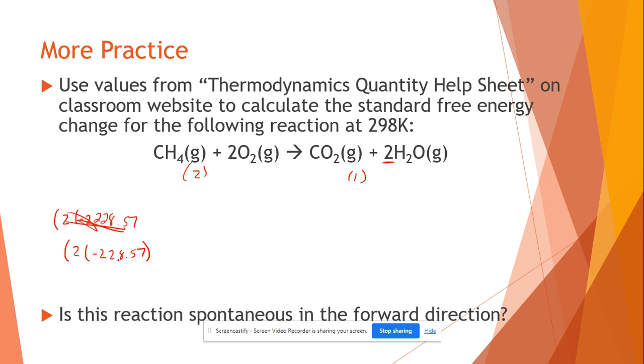If your value here is incorrect, you either probably used a delta H, delta S, or you used the wrong state of matter for water. We want to add that to our CO2 value, which is negative 394.4. Subtract it from our reactants. So here we have 2 oxygen, but oxygen's an element, so it's 0. And then if you look up the value for CH4, it's negative 50.8. When you go ahead and solve this, you get negative